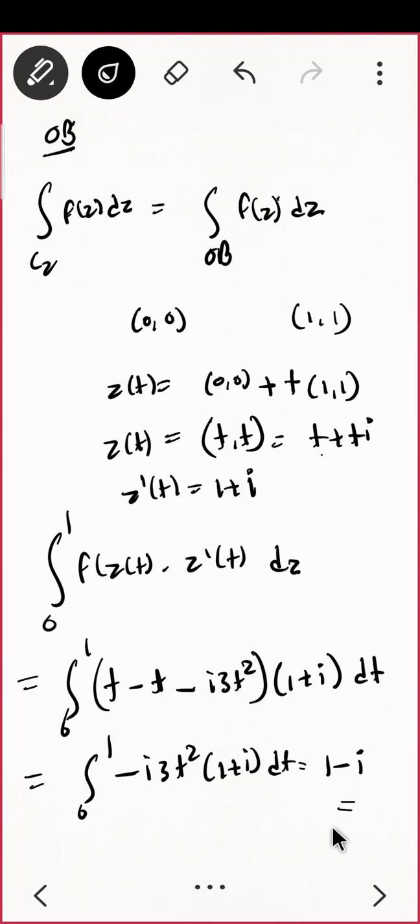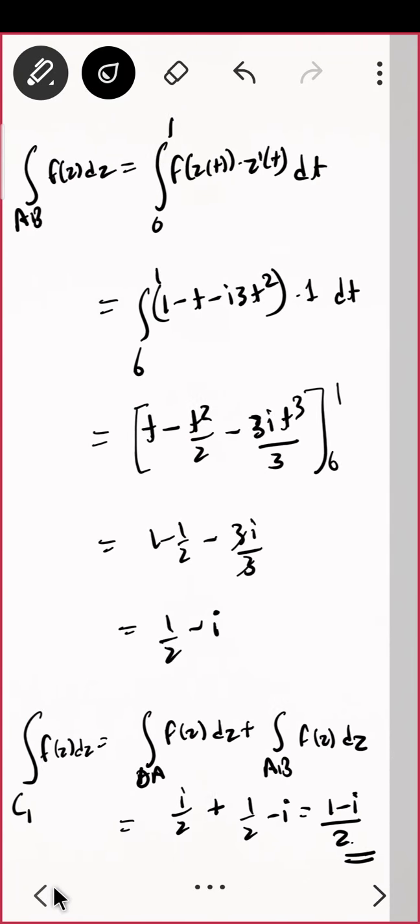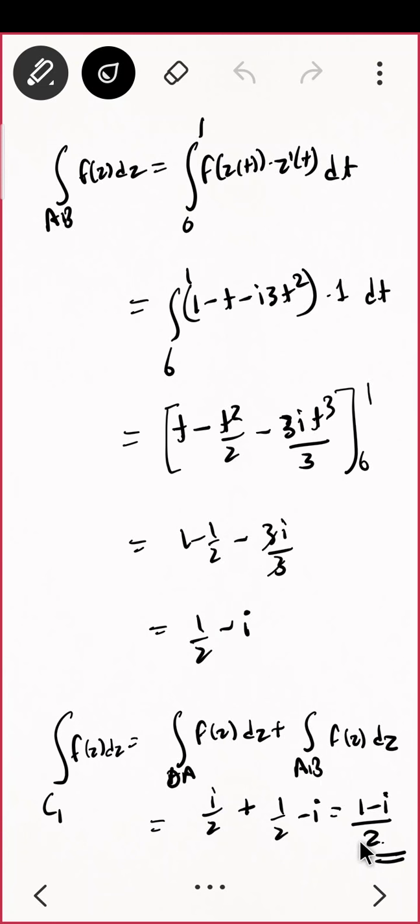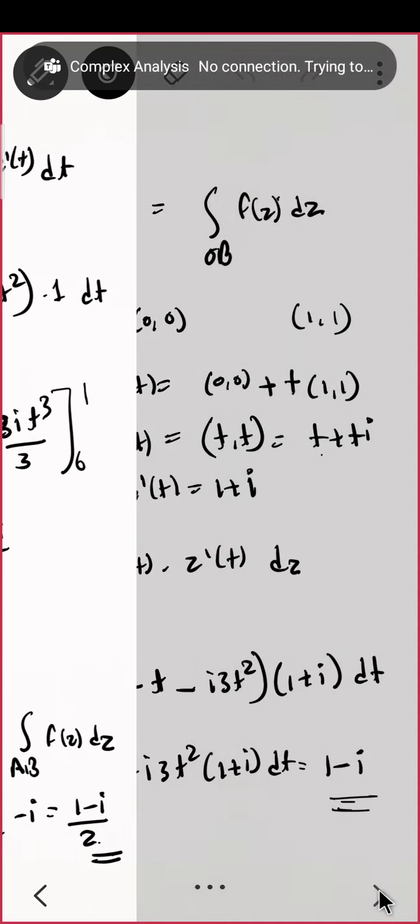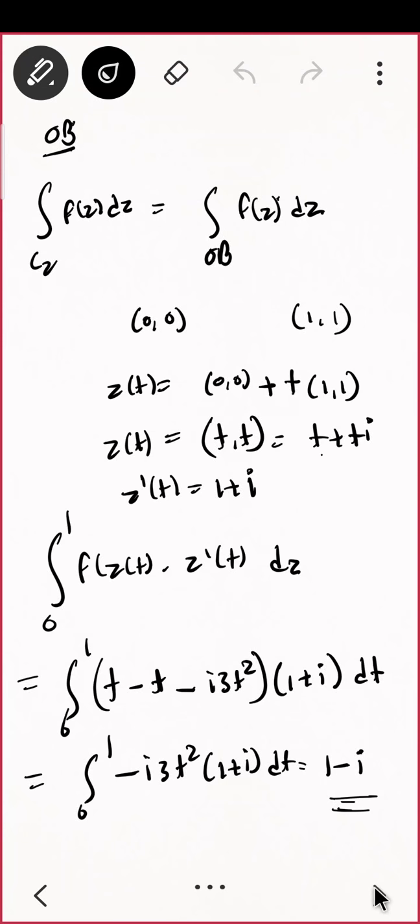So we have got integration over C1 also, integration over C2 also, correct? And both are different. Do you see? This guy is 1 minus i and that was 1 minus i by 2, correct? What can you say then? They have the same initial point, correct, but they have different values. And if you subtract them, you will see how much they are different.